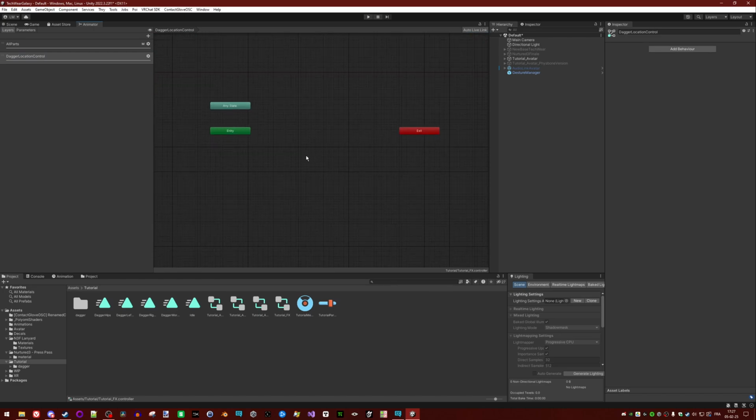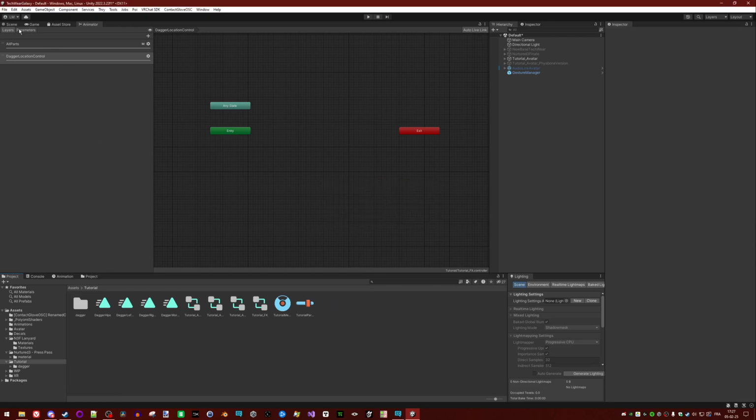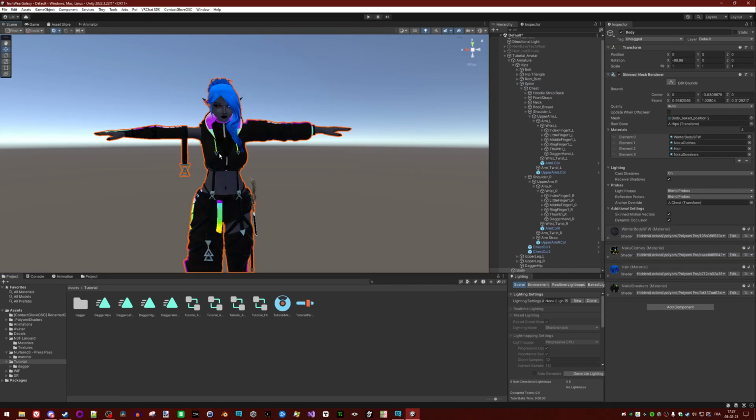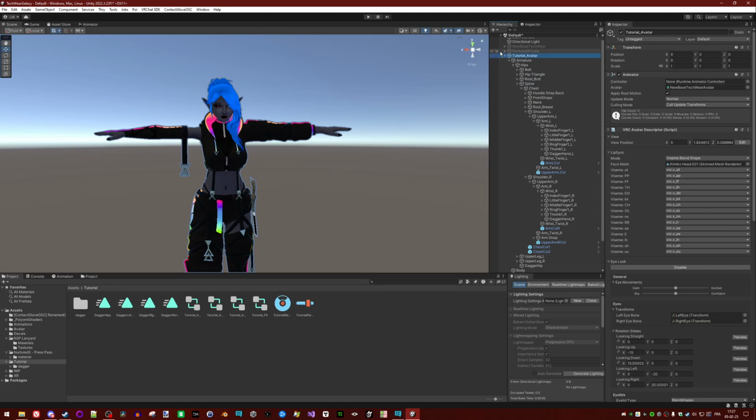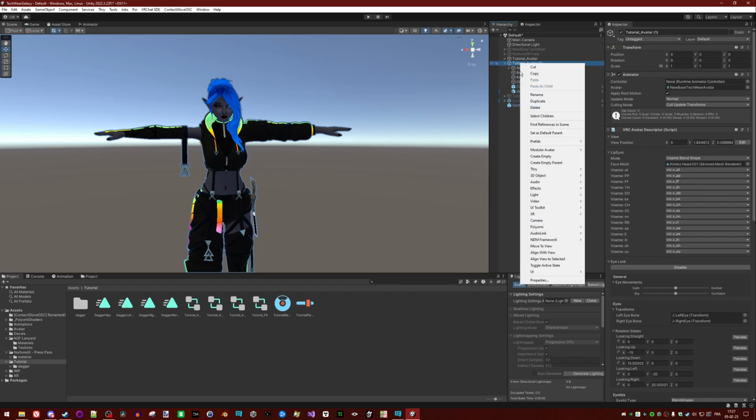Here we will first use an idle animation. Let me show you how to do that. So let's go back to the scene. Let's select our avatar. Let's clone it. Control D. Inside the tutorial avatar, I will create